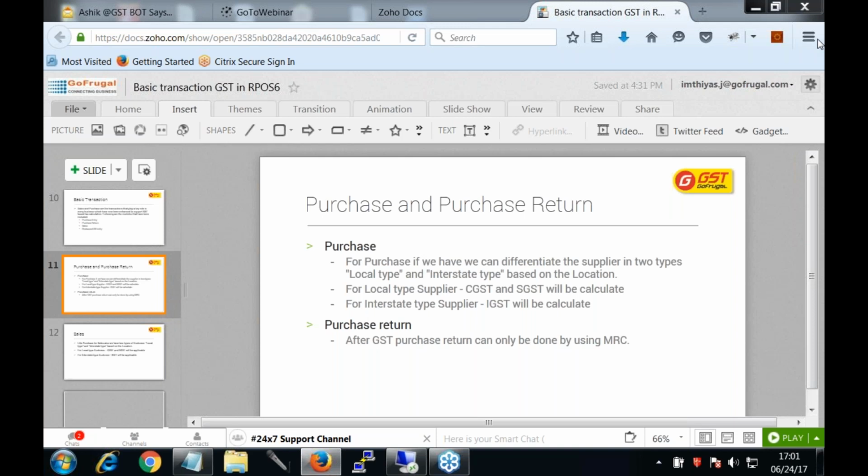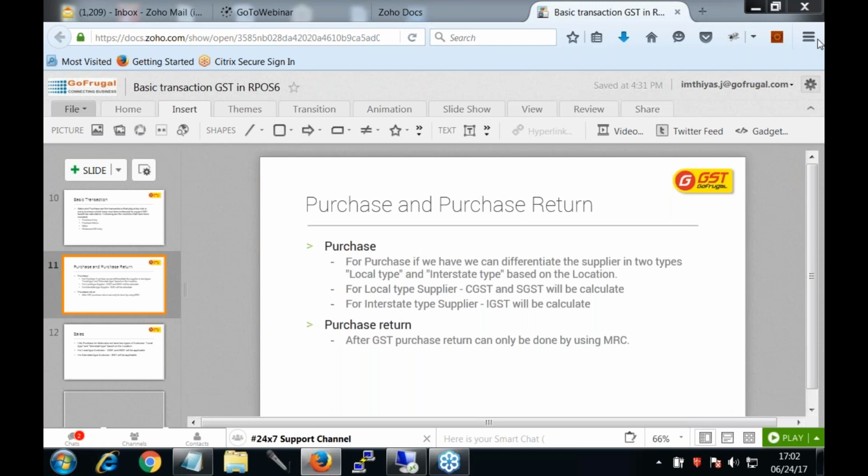Let us move to the purchase return. As we all know, in the existing ARPA 6, if we want to do the purchase return, we have two options. We can either directly load the items and save the purchase return, or we can load the items through MRC and save.